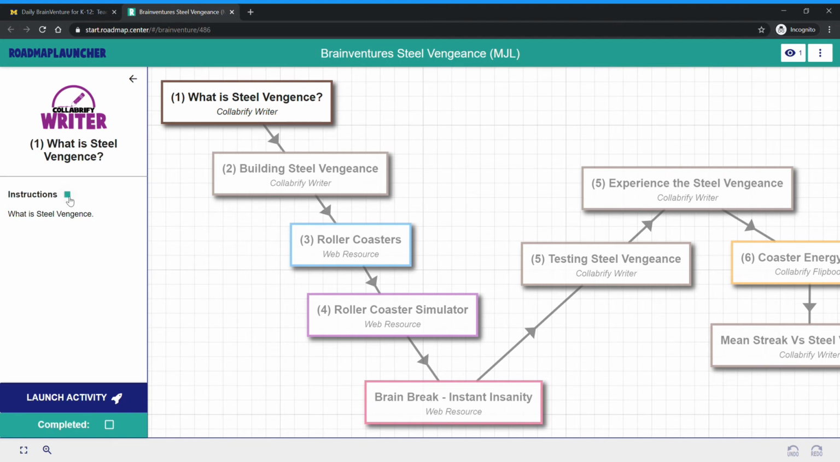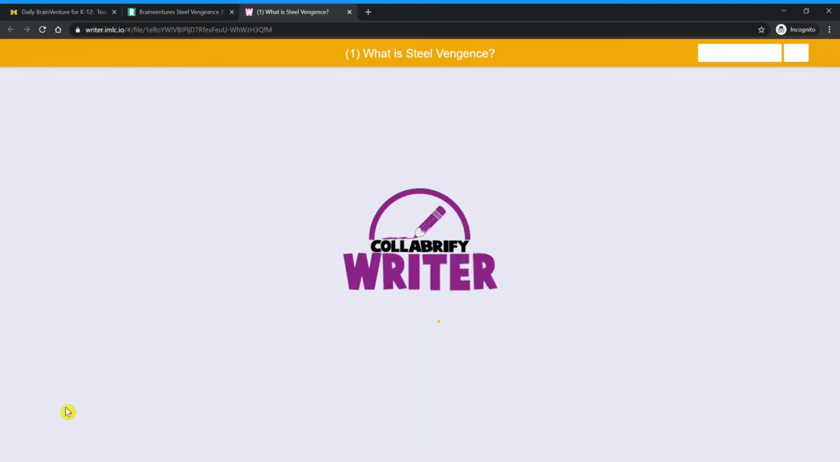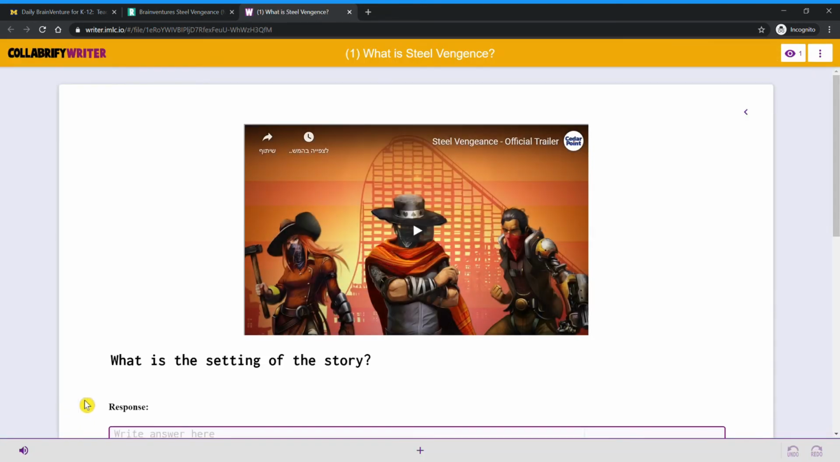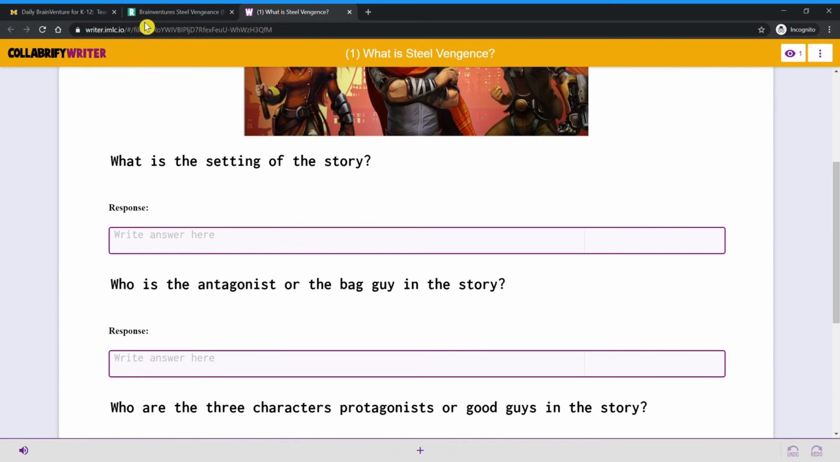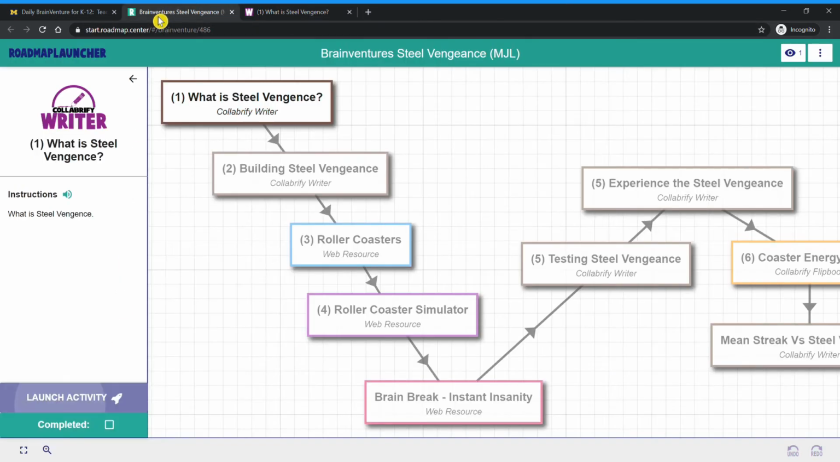To do the activity, click Launch Activity, the blue button on the bottom, and it will open in a new tab. Once you've completed your activity, go back to your BrainVenture by clicking on the previous tab. Click Complete, the green button at the bottom,